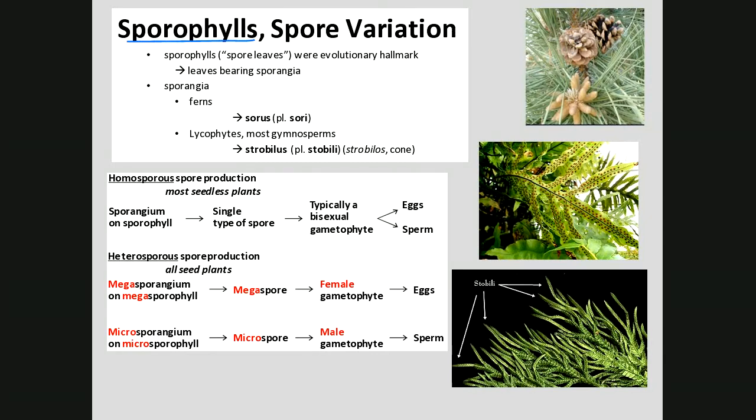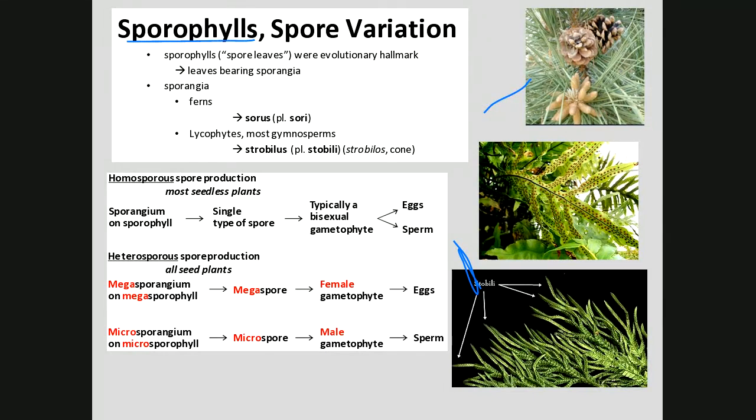In the case of the sporophylls, the spore leaves, these leaves were modified to contain the spores. In the ferns, it's the sori, or the sorus if it's singular. In lycophytes, we just talked about them with their leaves, and in gymnosperms, cone plants, pine cone trees. Pine trees are gymnosperms. They don't produce sori, they produce a strobilus or strobili. Strobilus is from Latin for cone, they produce cones. So down on the right is a lycophyte with strobili. That's the cones they make. And then this is a pine tree. I think that's a longleaf pine.